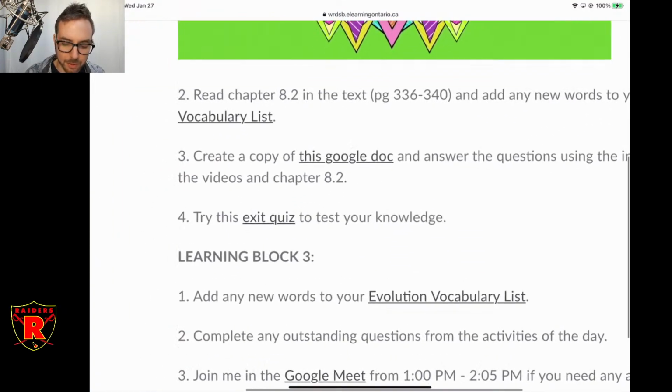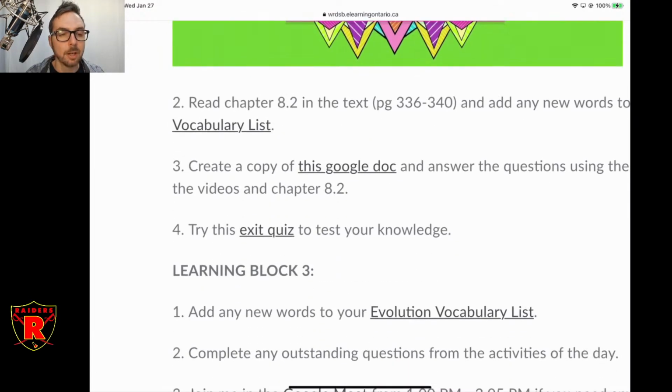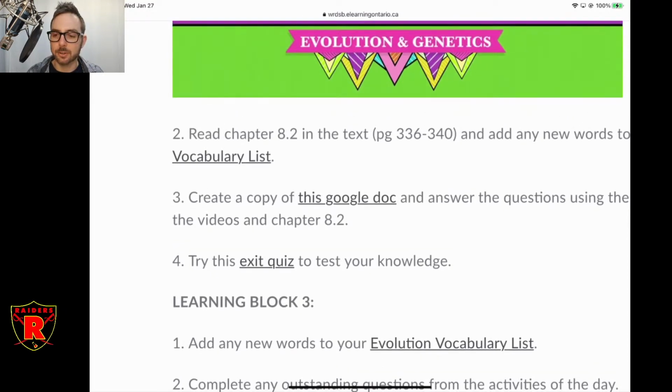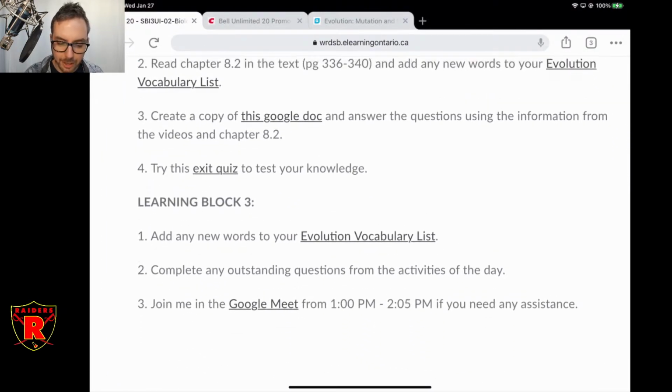And then once you're done that, there's a little exit quiz that goes along. Okay, you don't need to hand in the Google Doc or anything, but I will say that there are questions on identifying the types of speciation and the reproductive isolation mechanisms on this question sheet. That stuff is directly on the quiz. There's a number of questions about it on the quiz, so you're definitely going to want to have that on hand when you do your quiz. Okay, and that's it for today.